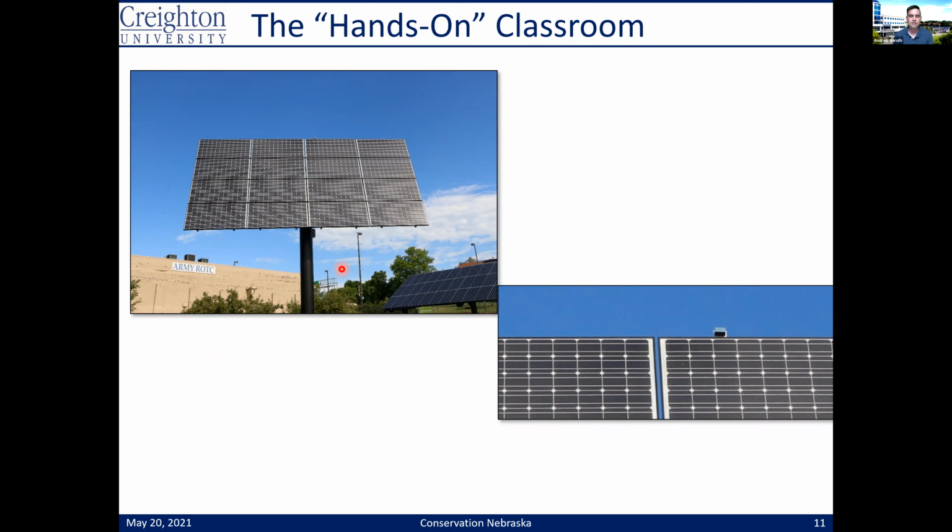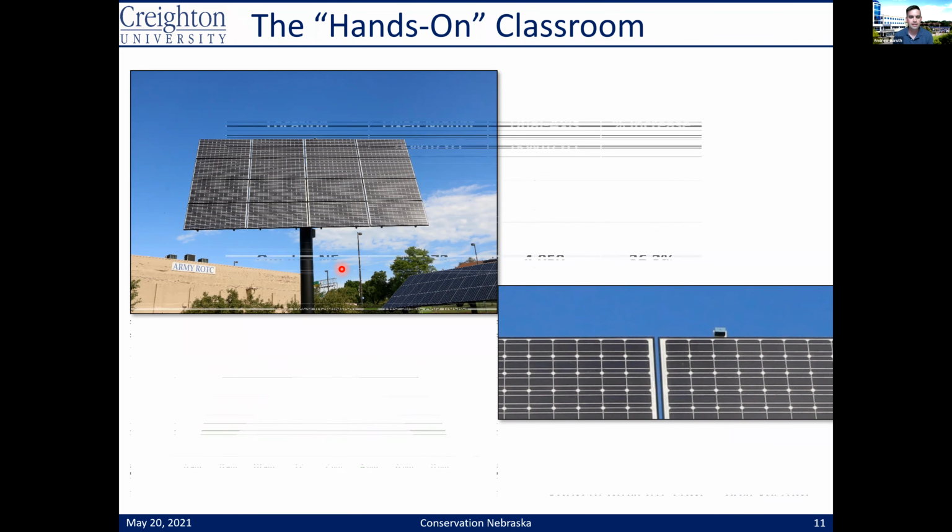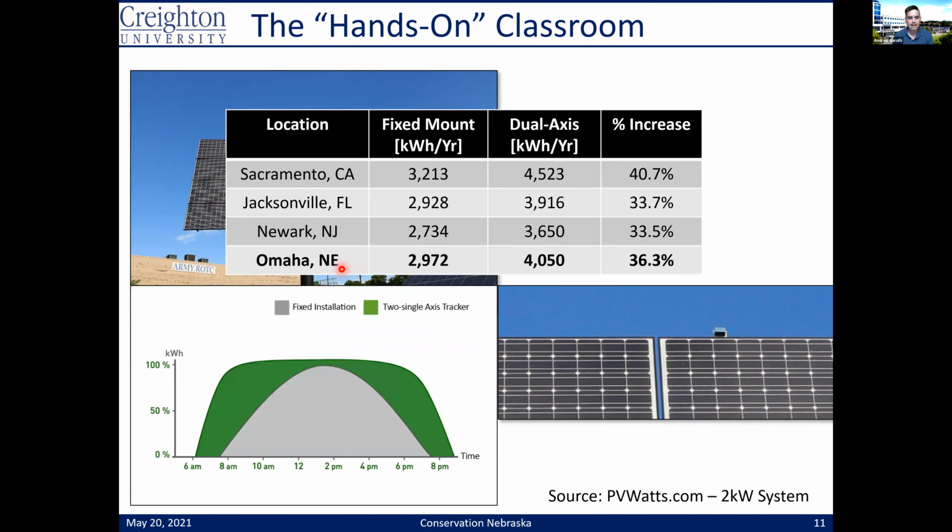It'll slew east to west throughout the day. It can also change its tilt throughout the day as the sun goes up and down as it's traversing from east to west. And the eye's job is to make sure that the panel keeps it in its sight. And so these were really popular 10 to 15 years ago because what you would get is a really big boost in efficiency.